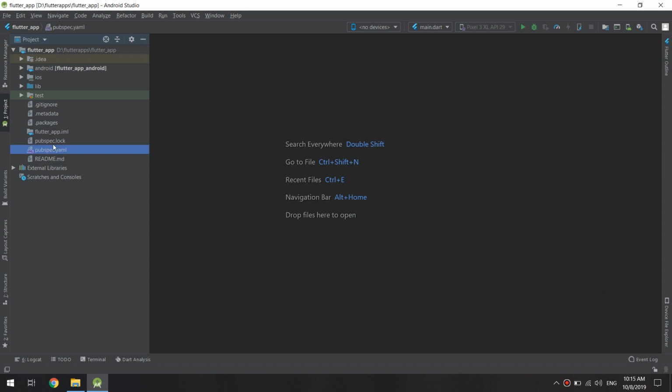But there are two items that we should take into consideration, for their importance to us. The first one is the lib folder. The lib folder contains all the Dart code, and we are working with Flutter with the Dart language. So this is the first one, and the second one is